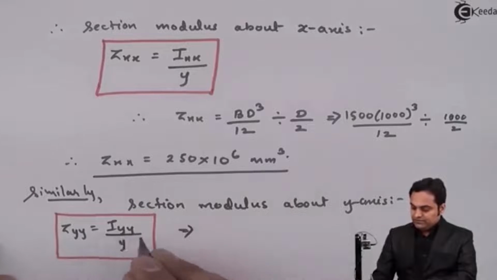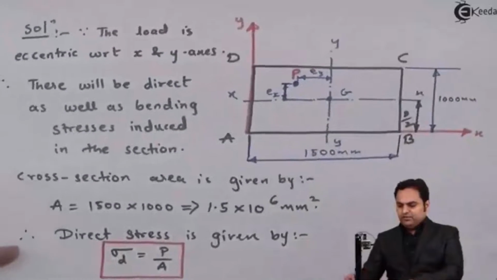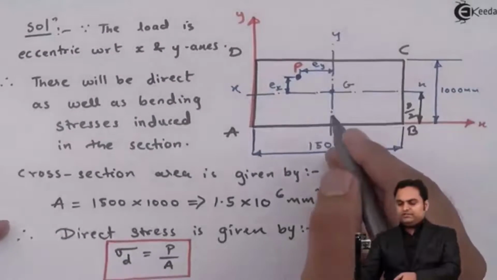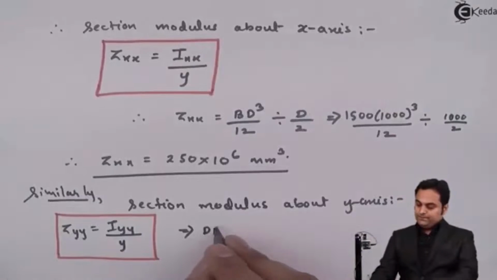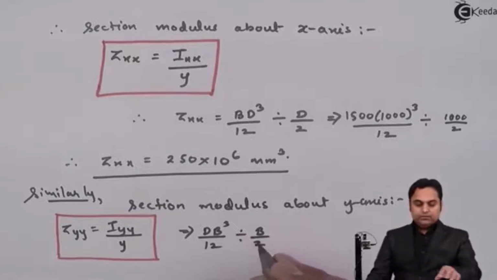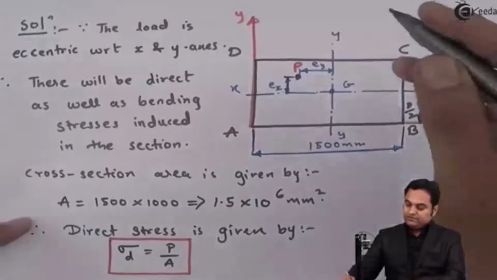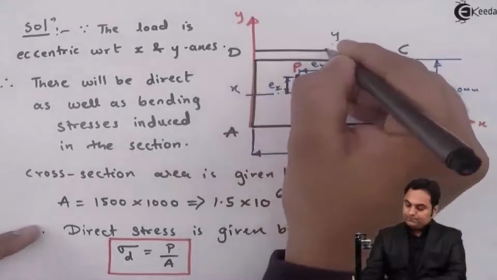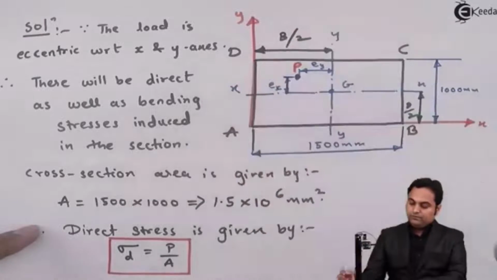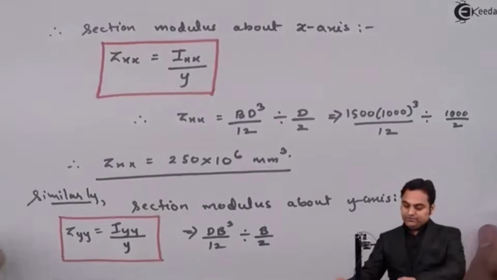So here we have Iyy, the moment of inertia for the rectangle about its vertical axis, that is DB cube by 12, divided by b by 2, because it is the distance of the y-axis from the reference axis, b by 2. So next, when I put the values here,